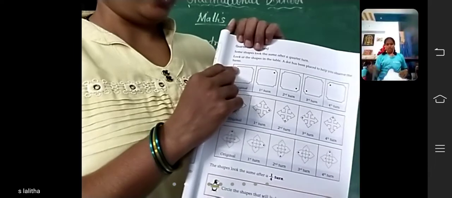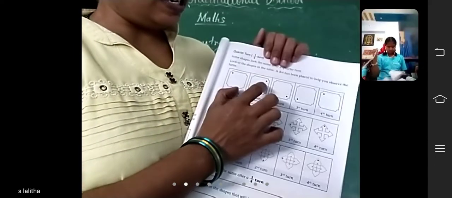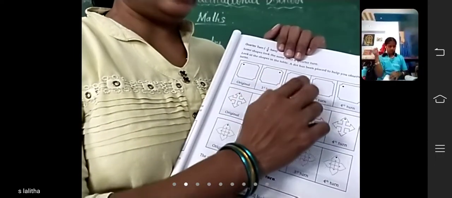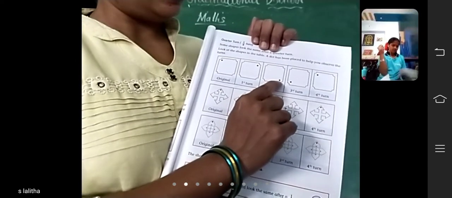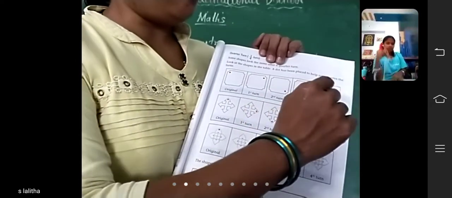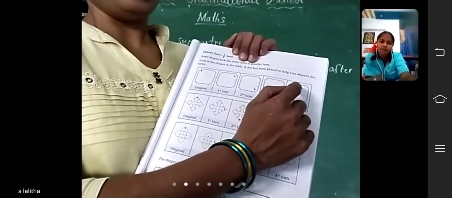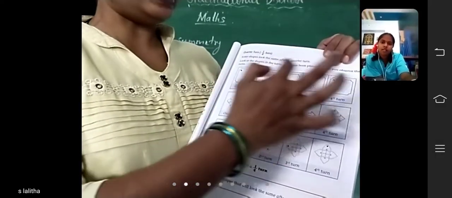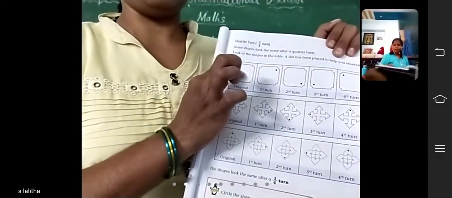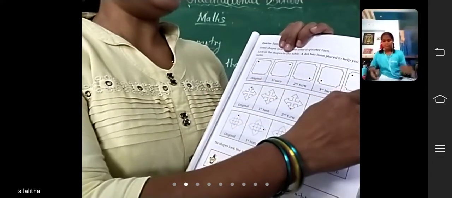If you turn it, first turn, it will get here. Next second turn, it will get here. Third turn, it will get here. Fourth turn, it will get here. So what is the fourth turn? It looks like the same original shape. So how many turns here? 4 turns.